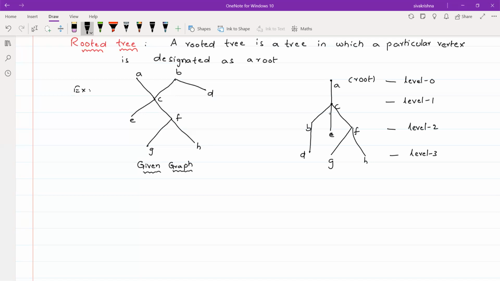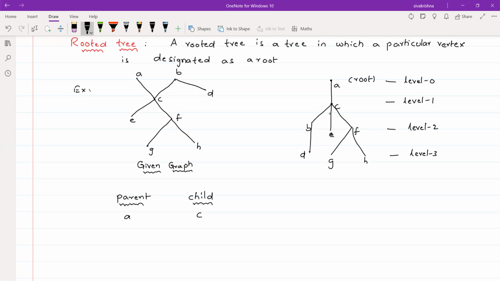Okay, so coming to the parent and child, I am drawing the parent as well as child. So first, if you observe level 0, we are having a vertex small a. So we treat that vertex as a parent. And the child, the vertex connected by the edge incident on that particular vertex, is C. So we can treat C as the child of A. So I have written C as a child of A.